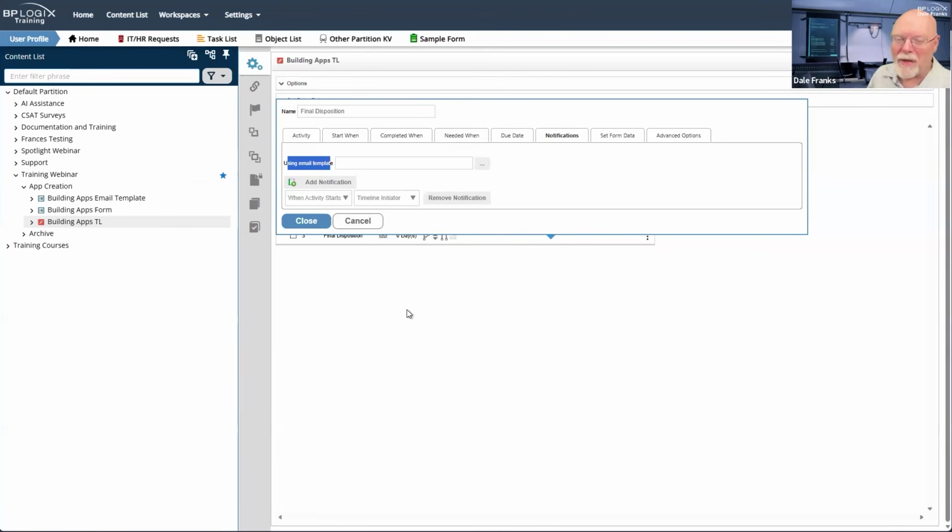We have 3 other user activities that are going to send automatic notifications. And we only have this one email template that we haven't configured at all. We haven't even looked at it. So it's completely blank. So we're going to have to construct that.